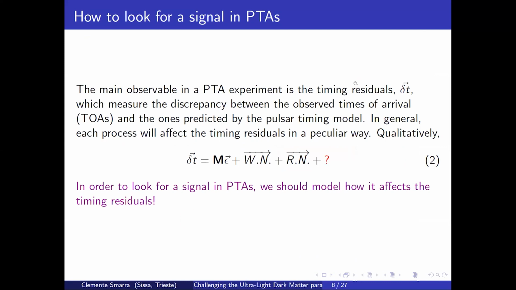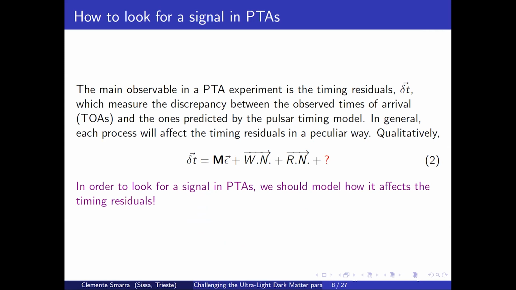So here's the point. I was saying, you can account for these timing residuals by different terms. You can say, okay, maybe you just need to fit a little bit better, modify a little bit the parameters. This is the first piece here. You can also say you have a measurement, and there's some white noise involved in it. That's the second piece. Then there can be some red noise, that's the third piece. But then there can also be something else, and it is this something else that we are trying to look into.